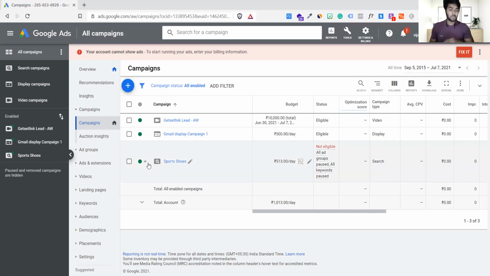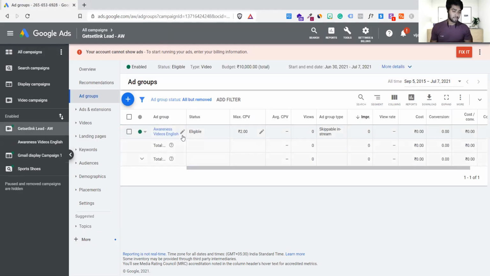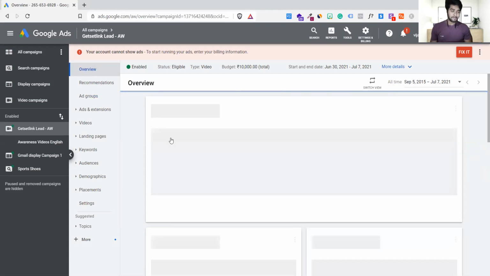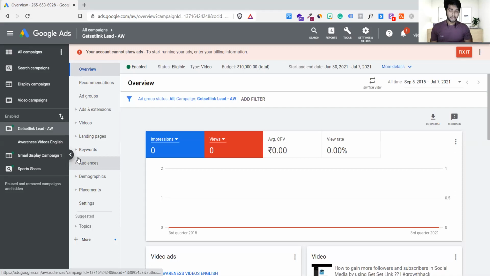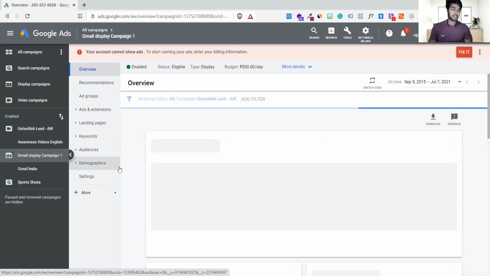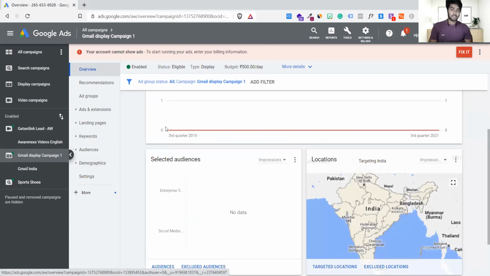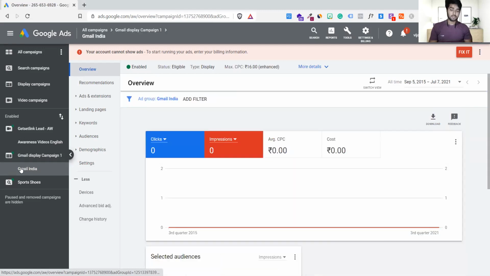And you remember the recent campaign we created, which is for, I think, this one, right, or this one. Which one was the recent campaign we have created? Anyone knows? We created a display ad for Google Get Set link. Absolutely, yes. We created a display campaign, and it was of two types: one is for Gmail, and another one is for regular display campaigns as a banner from different sources. Okay, the fun fact is what we are going to cover today.